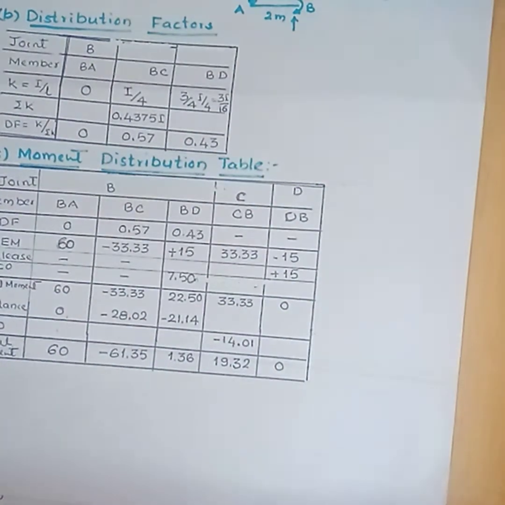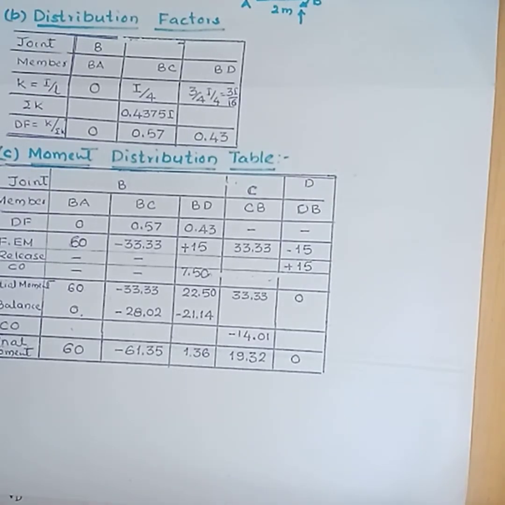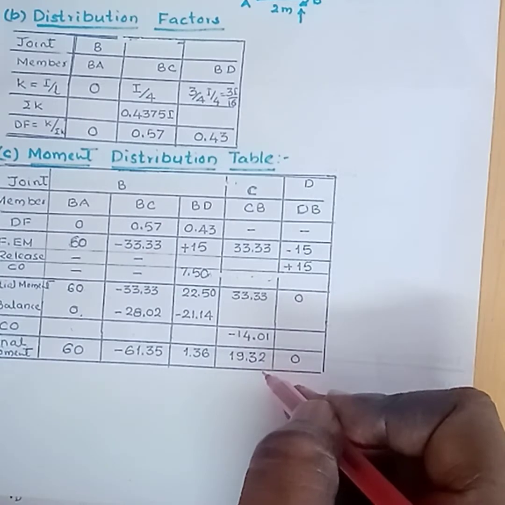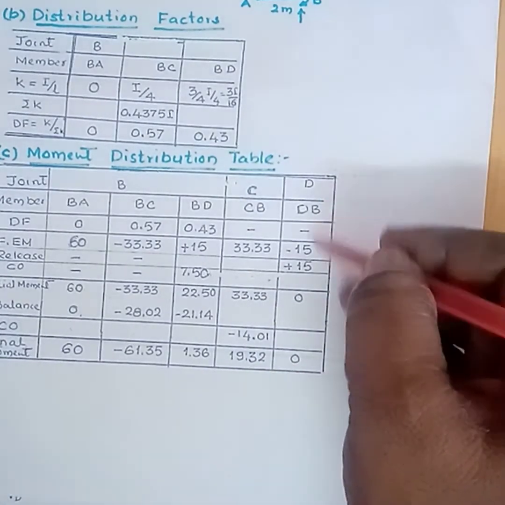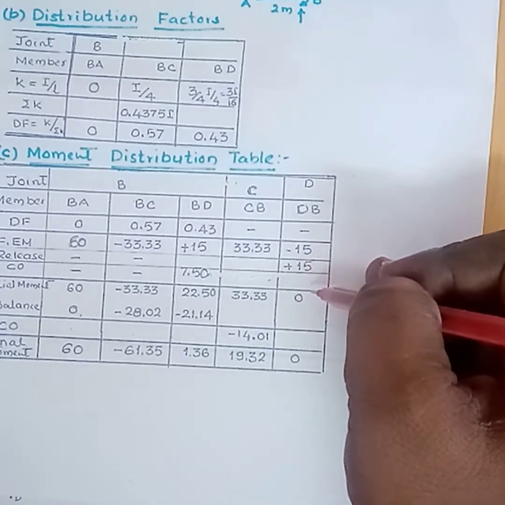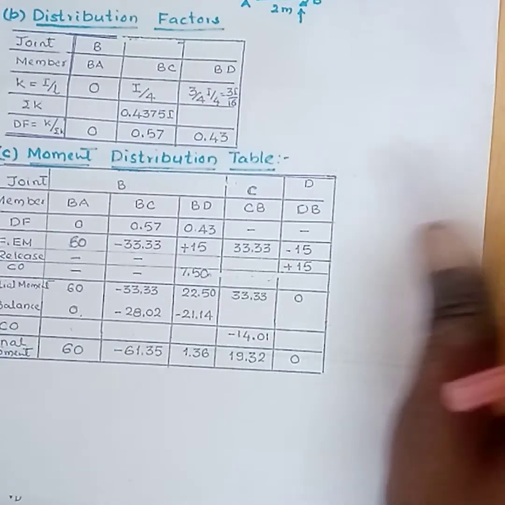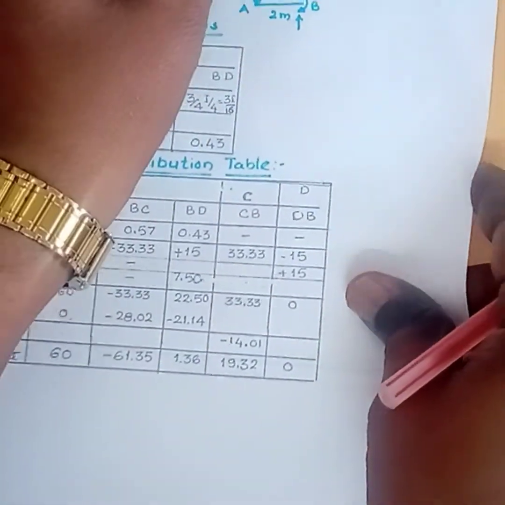This one is plus 1.36. Then CB, that is 33.33 minus 14.01, that is 19.32. Here DB we have already made, since it is hinged support, then this one is 0. Now to draw the bending moment diagram and shear force diagram for this one,